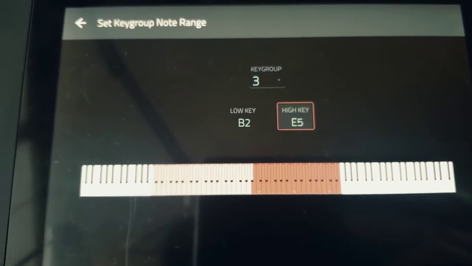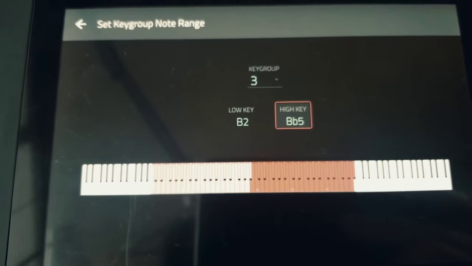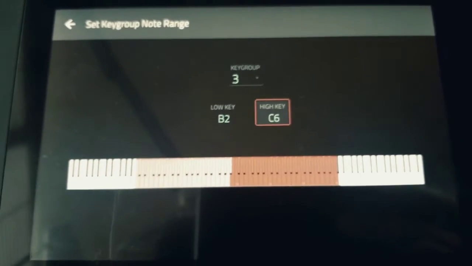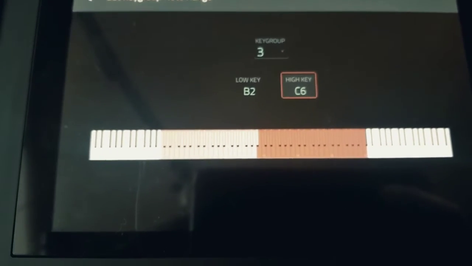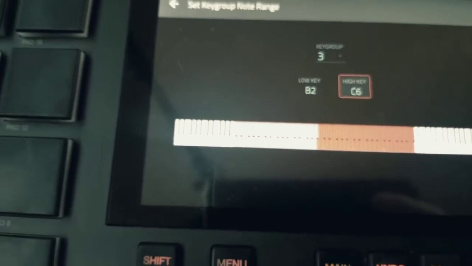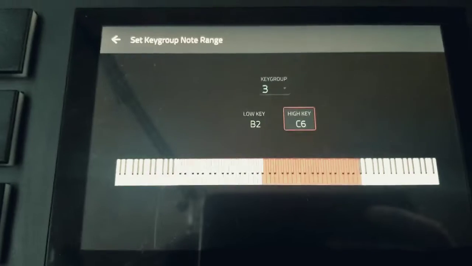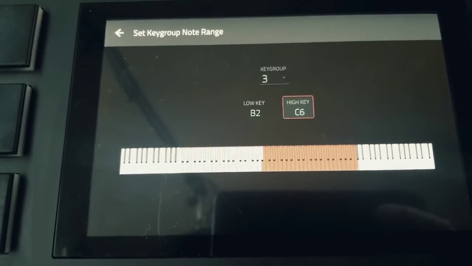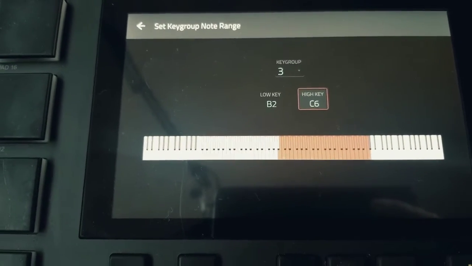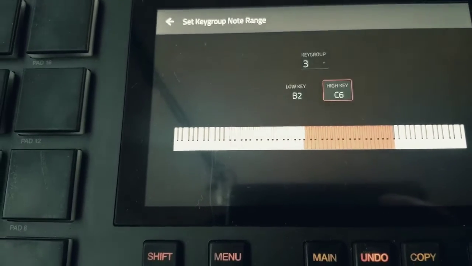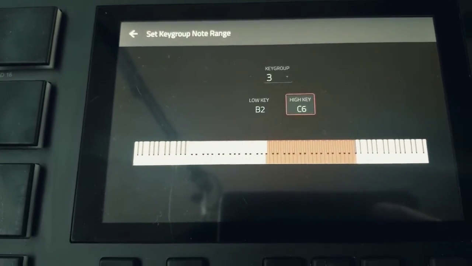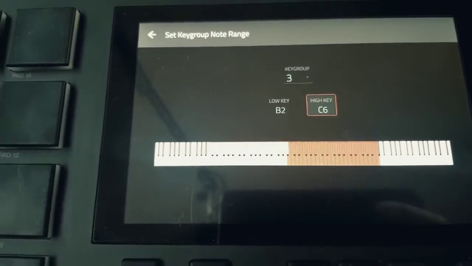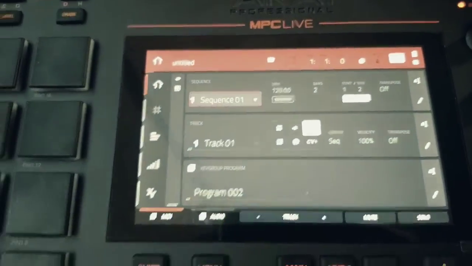Of course, the more samples you have in a key group, the better it's going to sound, because the more you stretch and pitch a sample, it starts to degrade the quality and it's not as true to the original sound. But we're working with vinyl here, so this is kind of a you-get-what-you-can-make-out-of-what-you-got deal. And it sounds cool because I just love vinyl, and this is the sound that you will